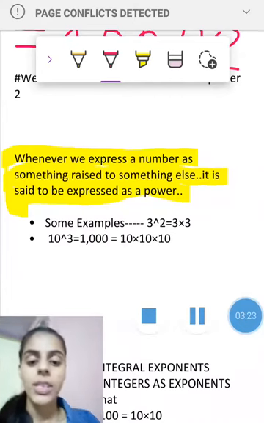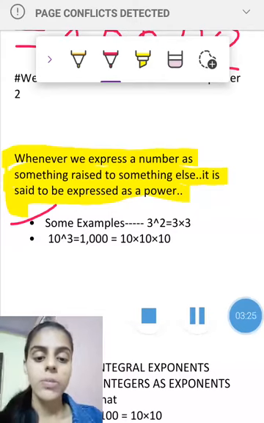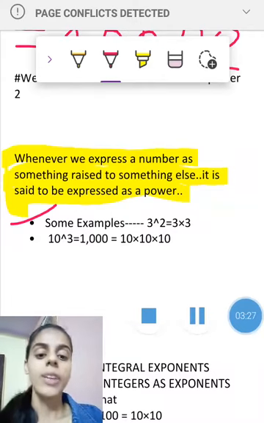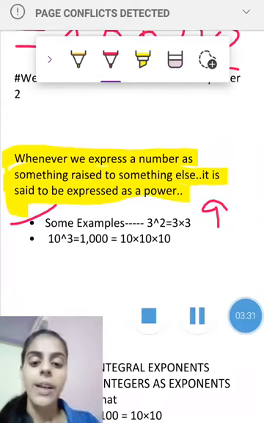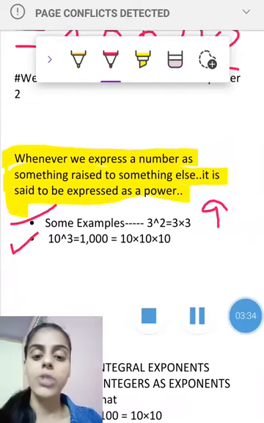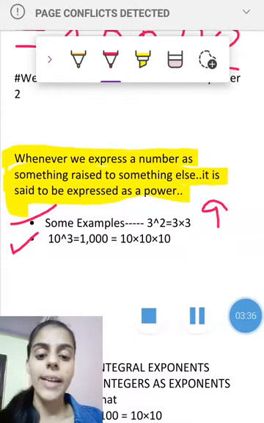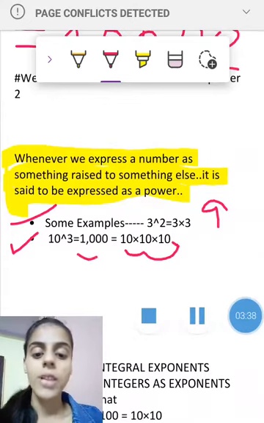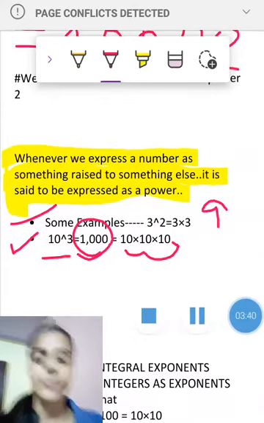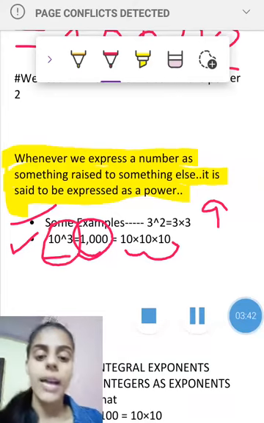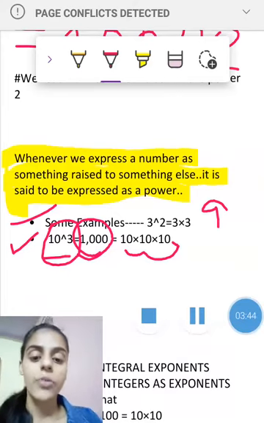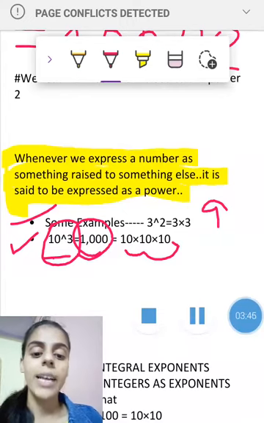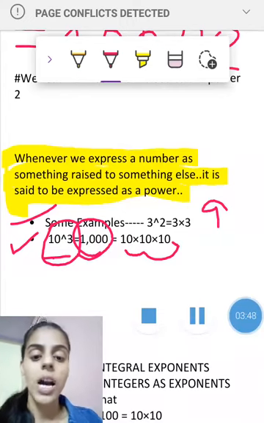You can see 3 raised to the power 2, then we will multiply 3 by itself, so we get 9. And similarly 10 raised to the power 3, we will multiply 10 three times and we get 1000. This is an exponential form and this is an open form. So we are multiplying 10 by itself 3 times